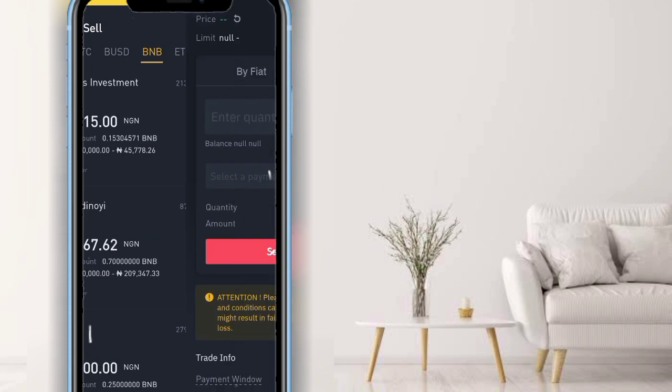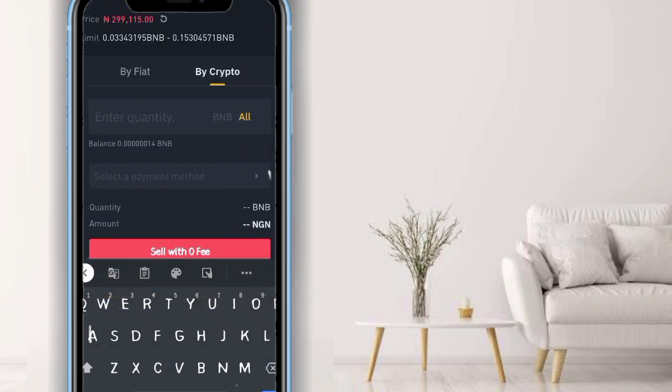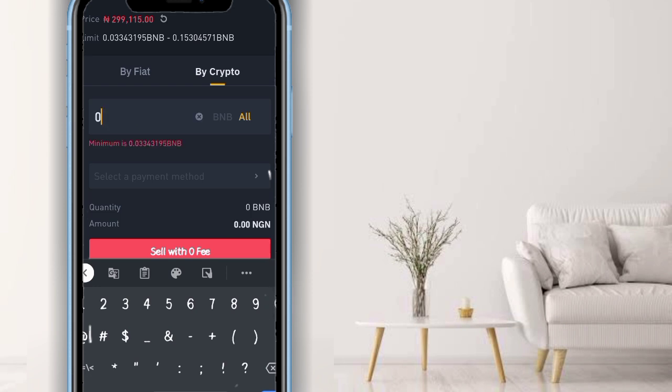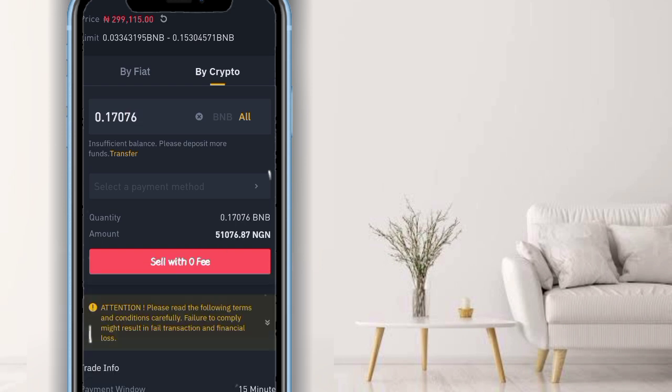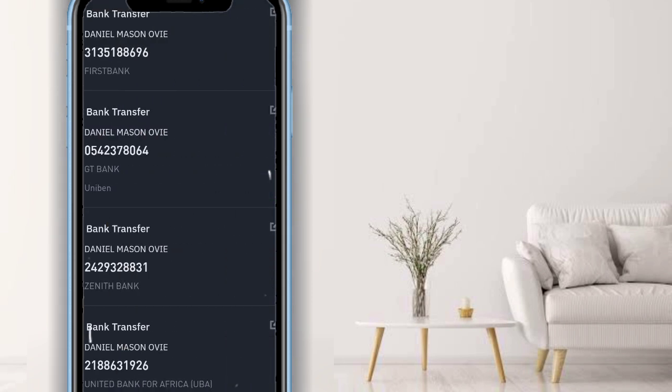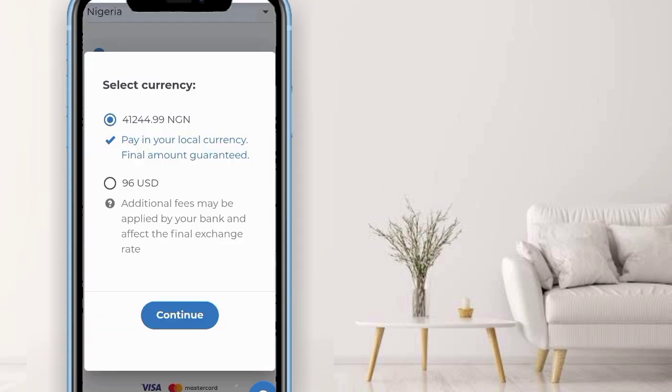Choose someone that has a good rating and a good amount. As you can see, you just need to input the amount. Now remember you bought 0.17076 BNB. You grab the 0.17076 BNB worth 51,076 naira. So you just need to click your bank details, then click on sell. Now back to this section, you will notice that when making payments,